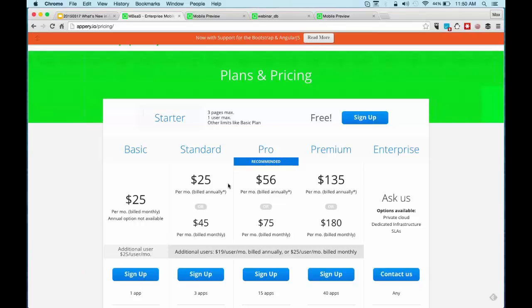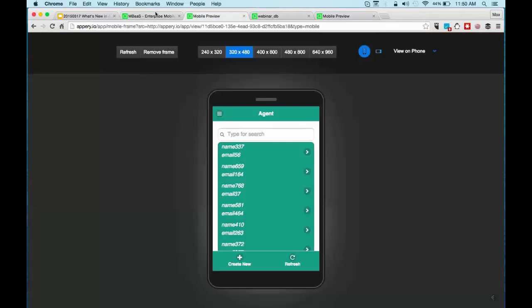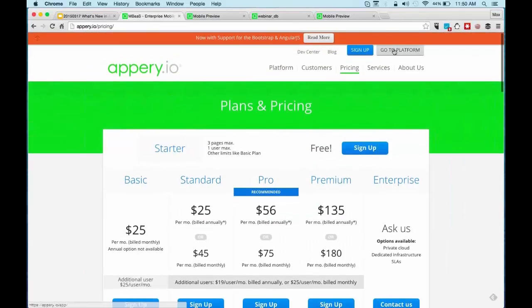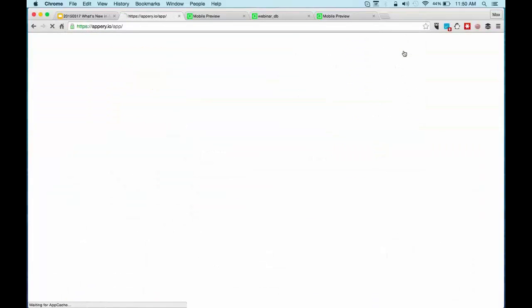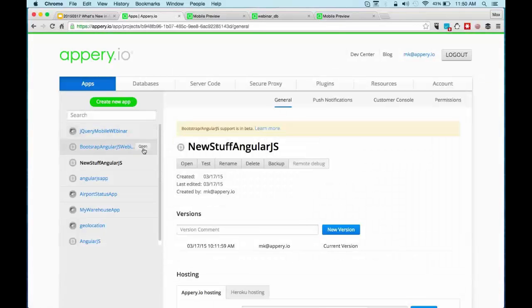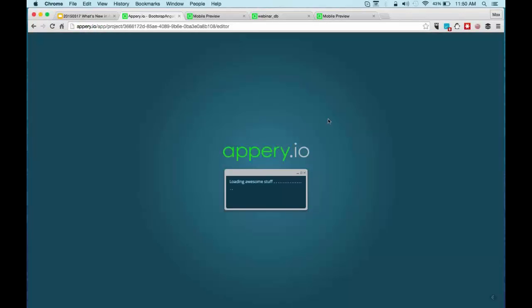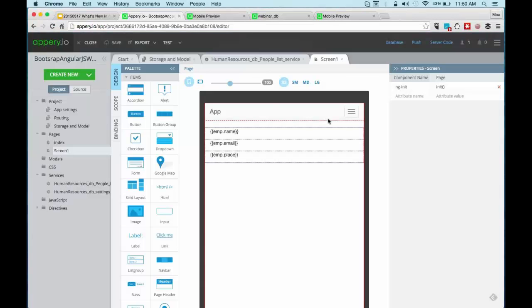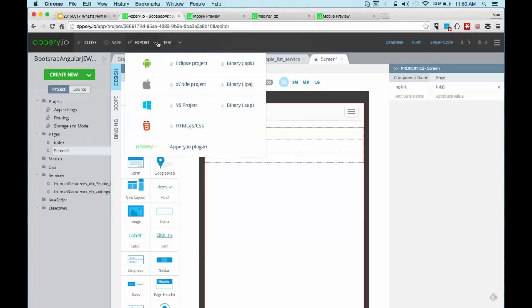Having said that, you can still build a binary and package it with PhoneGap when you're building a Bootstrap app. Let me go back here just to quickly open the app that I built. You still get the export menu, so you can still package the app for Android, iOS, Windows Phone, as you always could. So you have two options. Absolutely, you can build a completely web responsive app for whatever size you need,